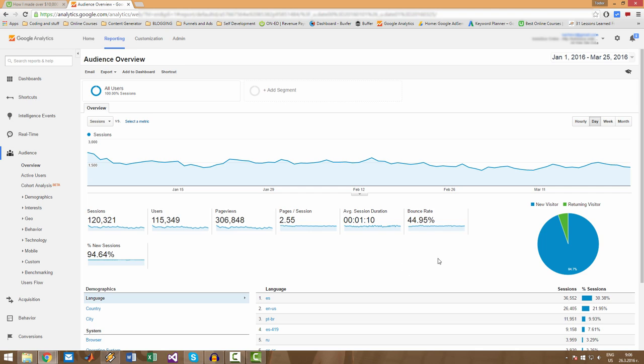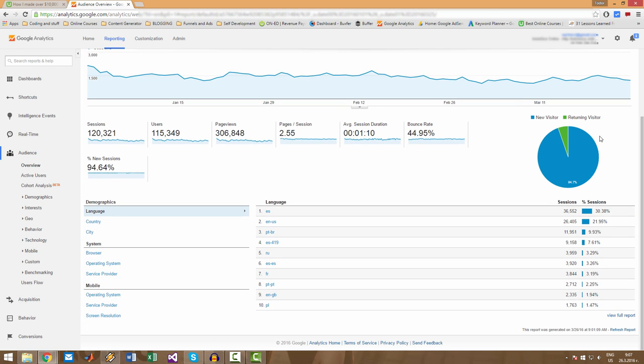The last thing that you can see here is the bounce rate. So the bounce rate is what percentage of your users came somewhere, somehow, and they left your website without opening anything else on your website. So this is what bounce rate means. Here, of course, you can see new visitors, returning visitors, and as you can see, for the last 90 days, I have pretty much no repetitive visitors. Every time